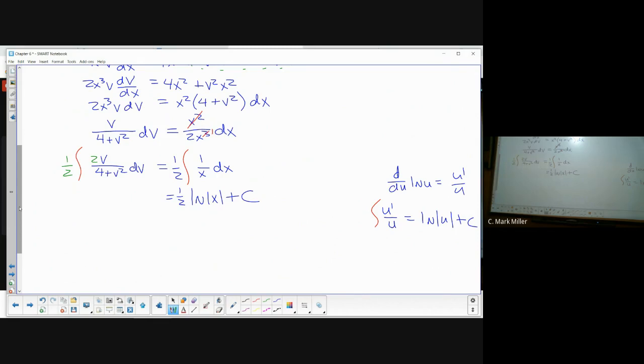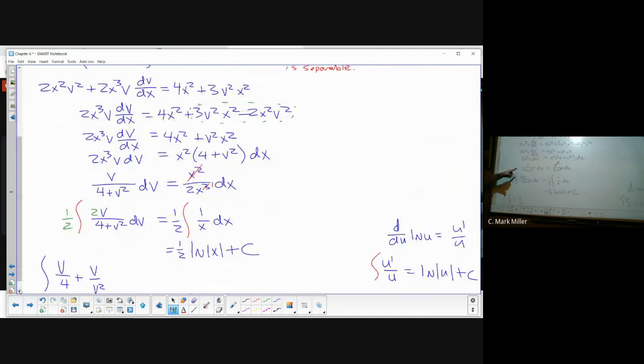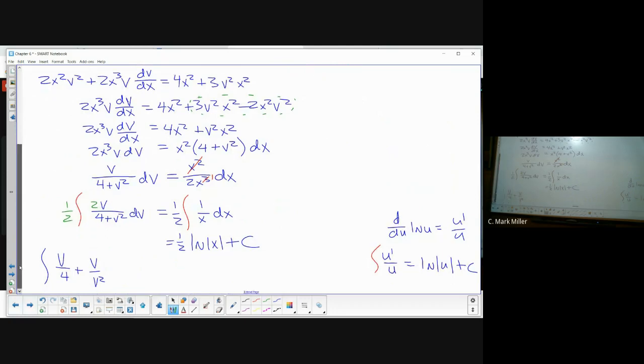Can you do it separate, like to see the difference? This separate? Yes. So in other words, integral of v over 4 plus v over v squared. That's what you mean? So in other words, it's gonna be 1/2 2b. Yeah, I see what you're saying. Separate top and bottom. Yeah. Oh no. No, that's